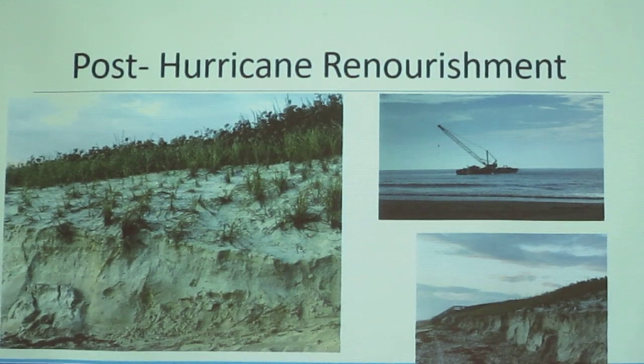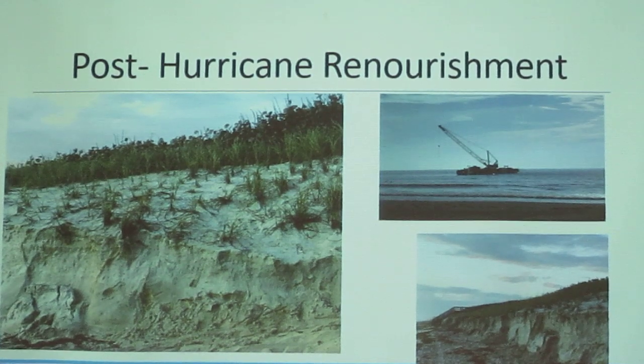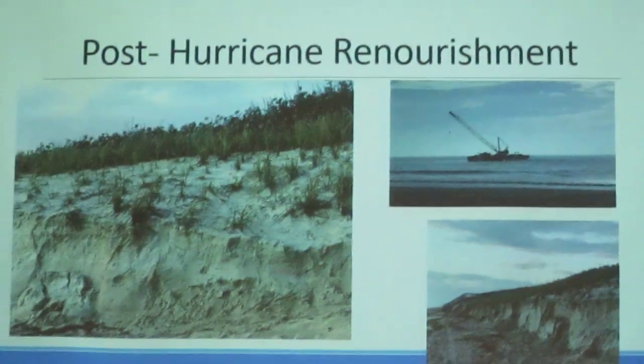So, to get into some plants, they try to re-nourish the beach after it's decimated by the